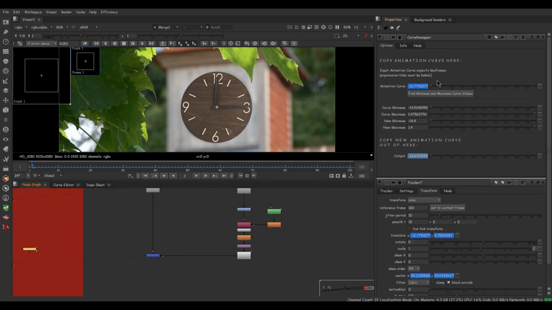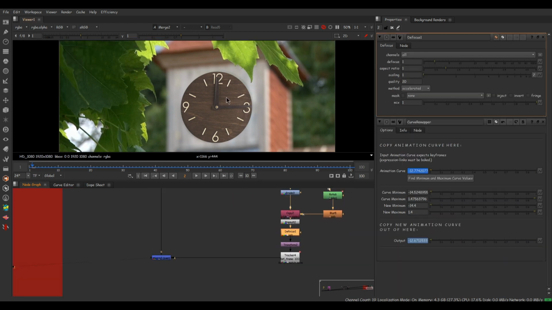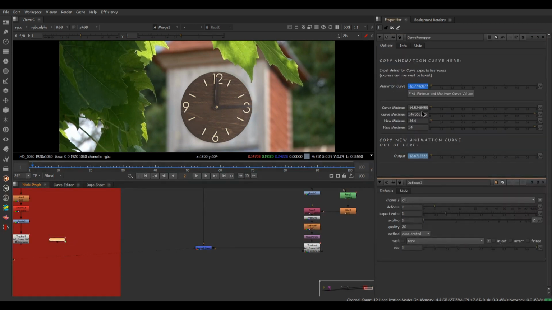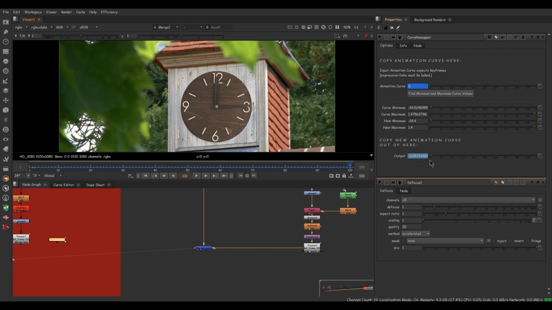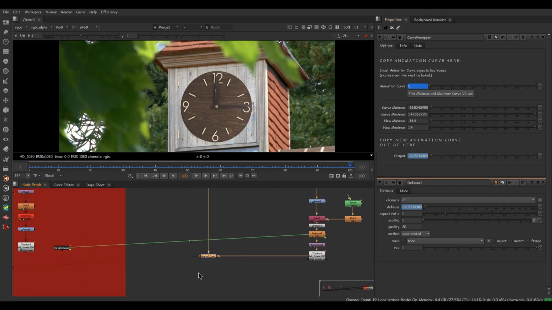Here we have the curve mapper values. Here I already matched the new minimum and maximum values, but you can alter these values further accordingly. Let's select the defocus node. It's time to see that defocus animation. Once again, select the remapper tool and we will use this output. Here just control click and drag. And here we have an expression link. You can see it over here, or if you are sure with the result, just copy that animation.